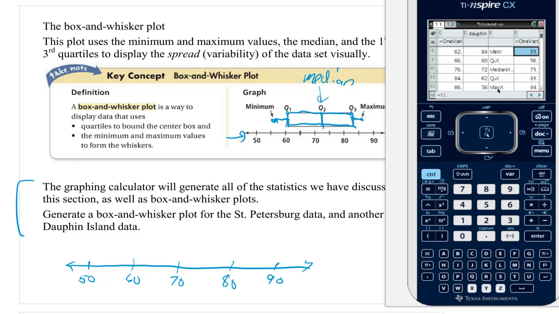And if you need to, you can put little tick marks in between for 55, 65, 75, and 85, and it's understood what those are. You don't even need to label them. Okay, so now let's go back to the calculator with all those values and see if we can enter in